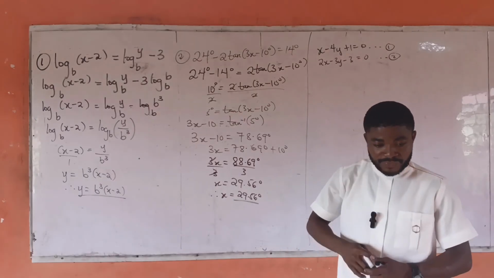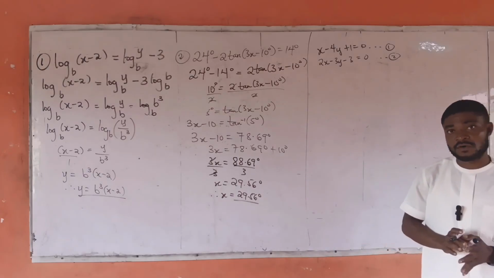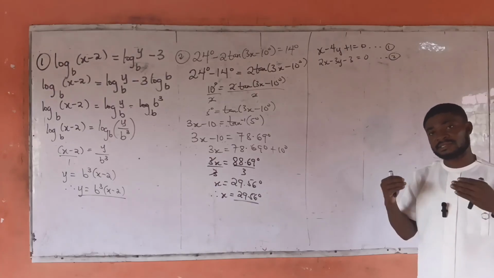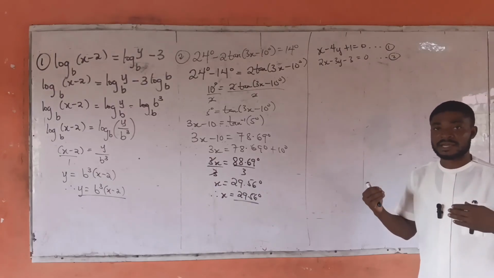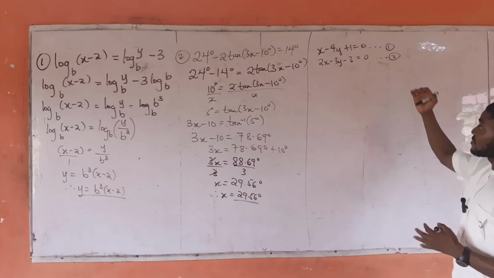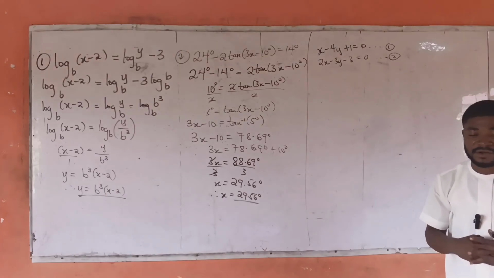So the first equation we have here is x minus 4y plus 1 is equal to 0. The second one is 2x minus 3y minus 3 is equal to 0. These are the two equations that we have. Now we solve these two simultaneously. And then from equation 1,